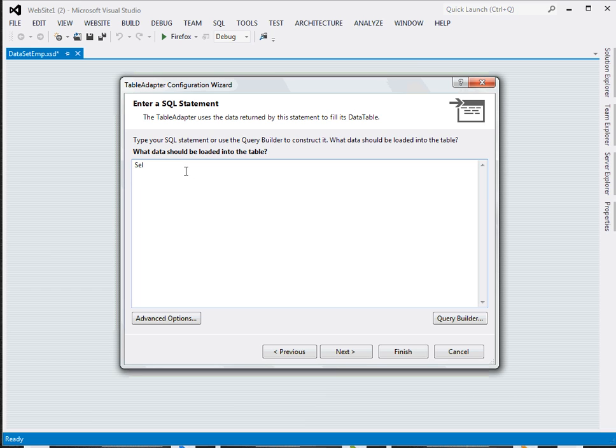select asterisk from employee. Employee is a table in my database, so it will select all records and all columns of the employee table. Next,